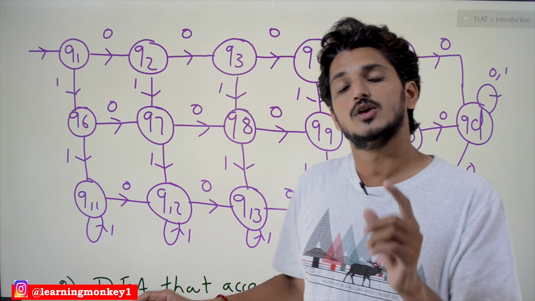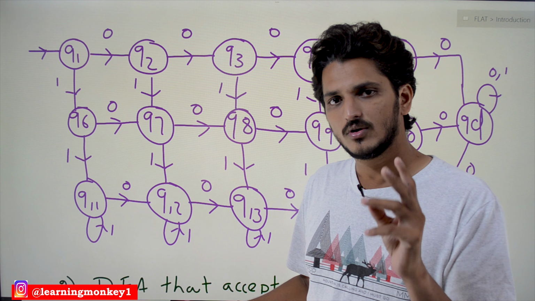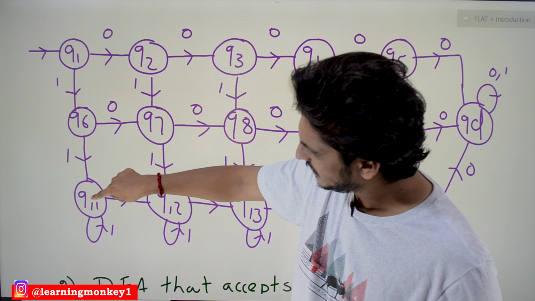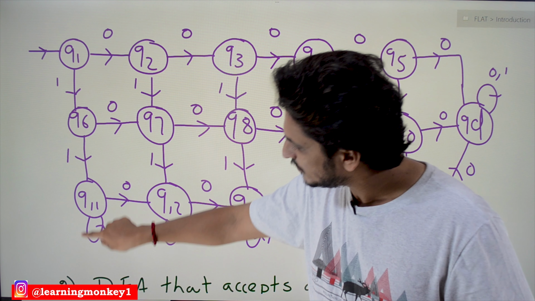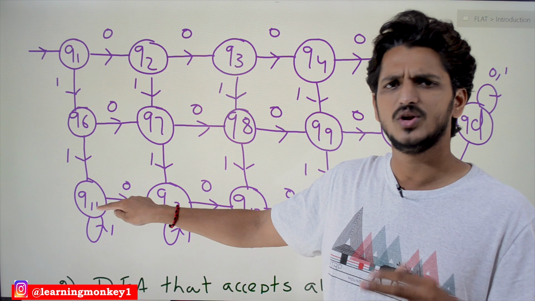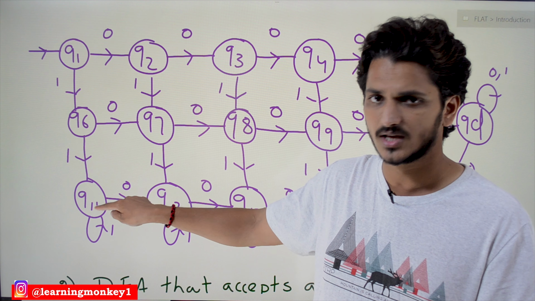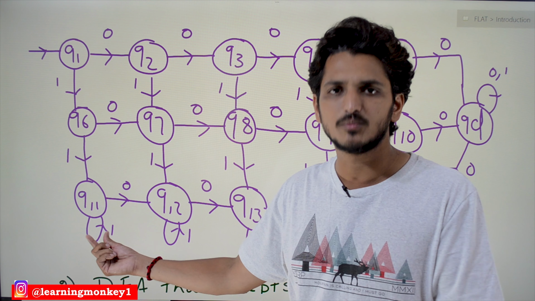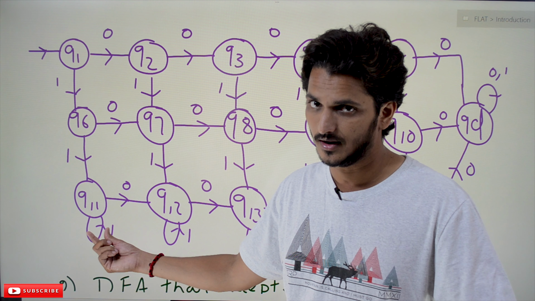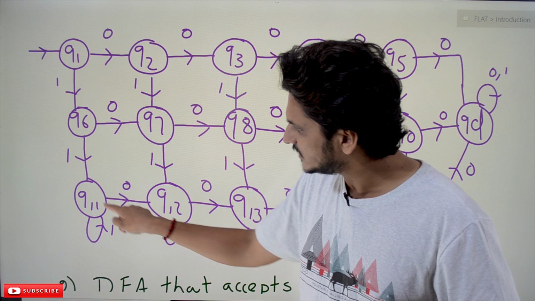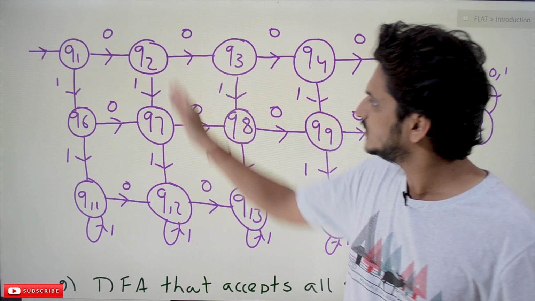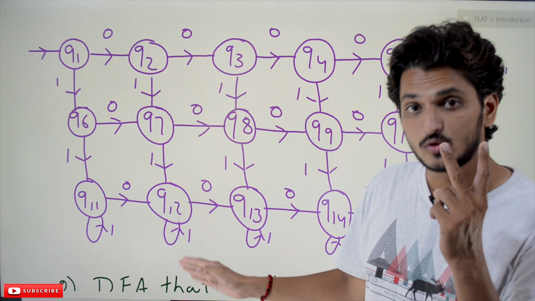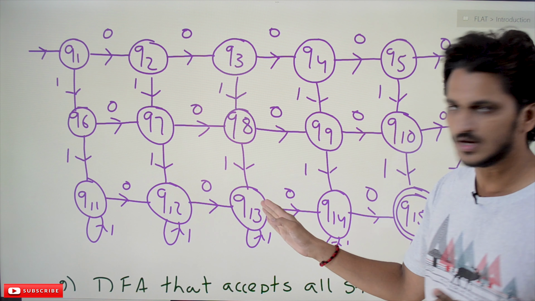Let's check it. If you have 5 ones, and then 1 0, 1 1, after 2 ones, any number of ones you find is no problem. We don't need to change the state, because after 2 ones we don't need to check for ones. We don't bother about ones, because our logic is completed. Whenever after 5 ones you find a 0, in which layer do you end up? You end up in this layer. If you find 2 zeros, you end up in this layer.